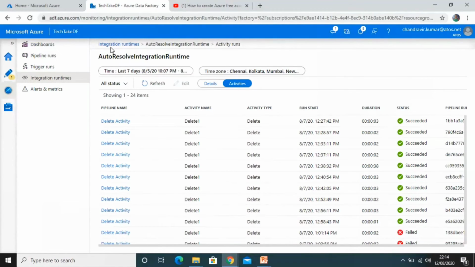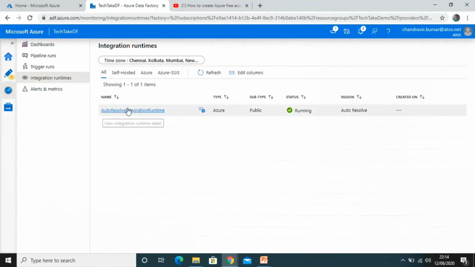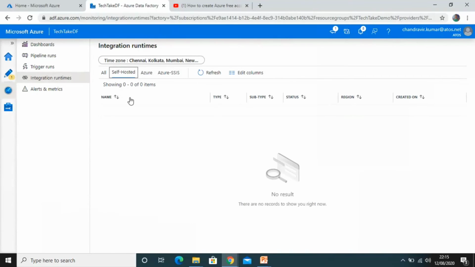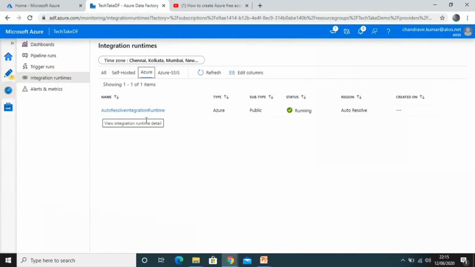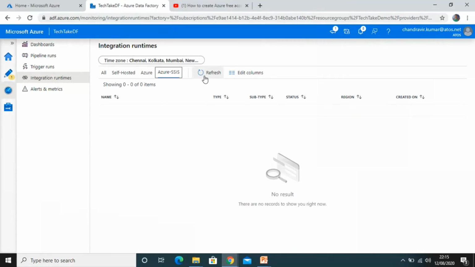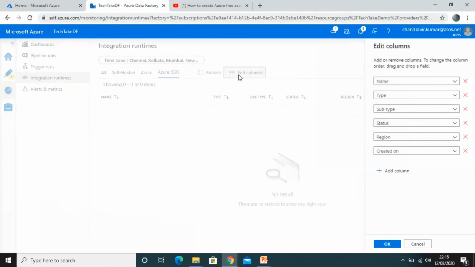Now if you go to Integration runtimes, this is the integration runtime. We can filter by type, like self-hosted and Azure-SSIS. One by one you can filter if you have multiple integration runtimes. Currently I have only one. Refresh it. From Edit columns, you can choose which columns to show, like status.